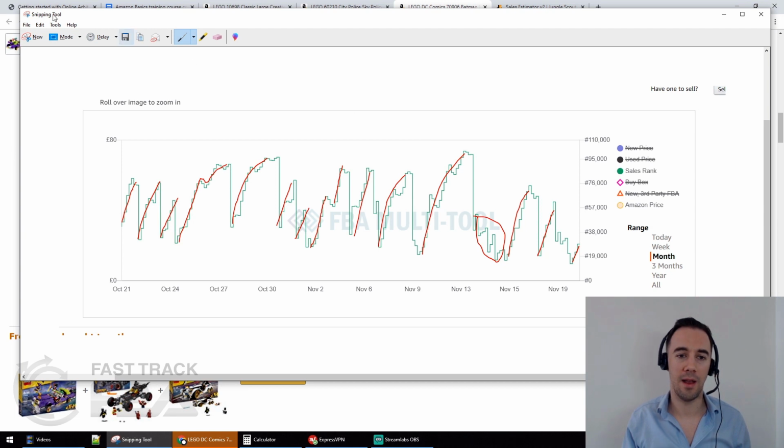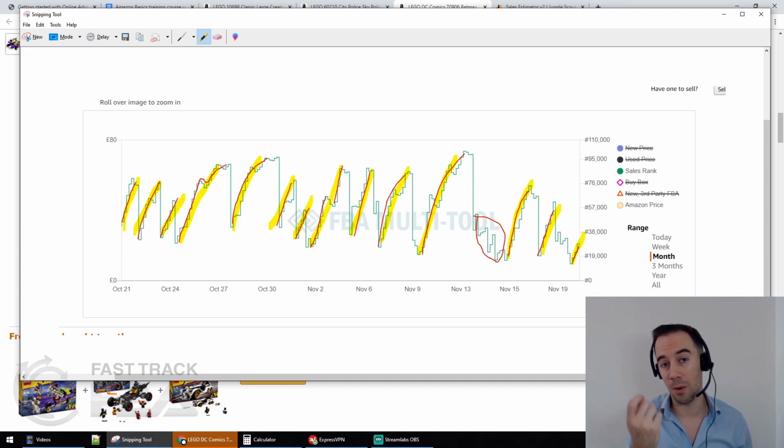But here, where I've highlighted on the graph, we can start to see 1, 2, 3, 4, 5, 6, 7, 8, 9, 10, 11, maybe a couple there because we've got a couple of drops, 13, 14, 15. So at least 15 sales I can see in that one month, but there's probably going to be two or three in this period down here, which is really interesting